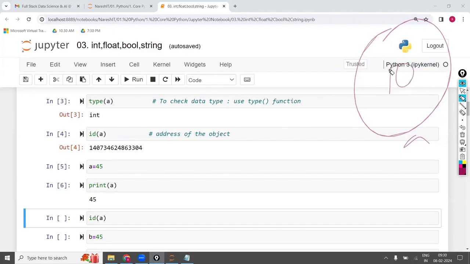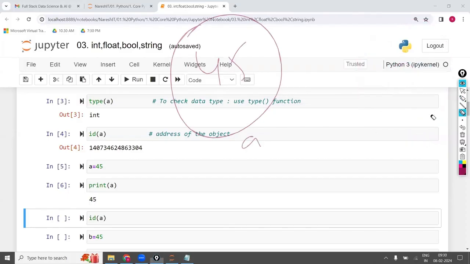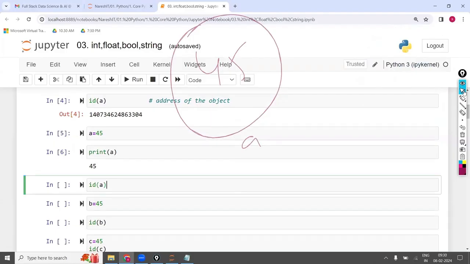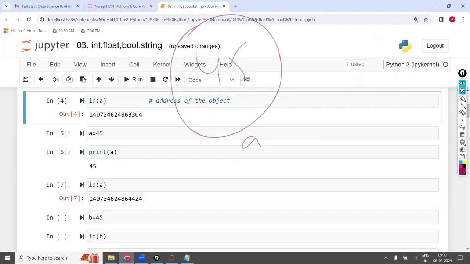Once the object is created, we can't do the modification. Then 45 will be created with A, and since the previous one is already there, it will be erased. If you want, you can check the ID. The previous ID and the new ID are different, so both objects are different. If both IDs indicated the same, it would mean it had been replaced.